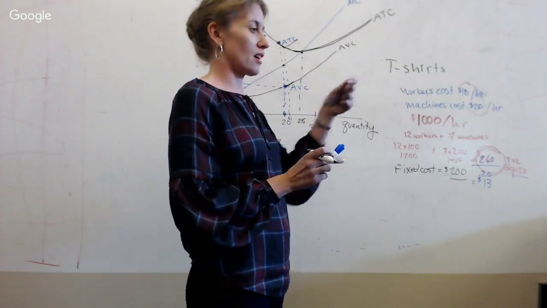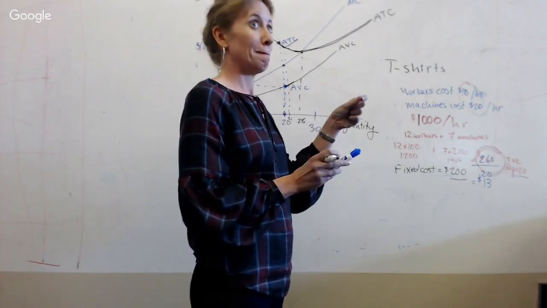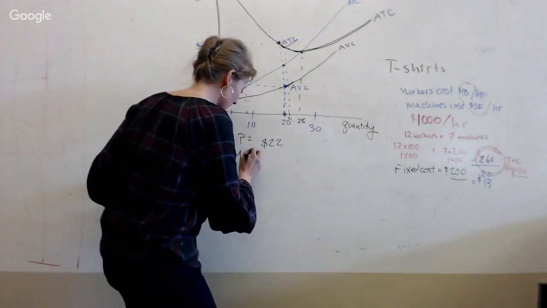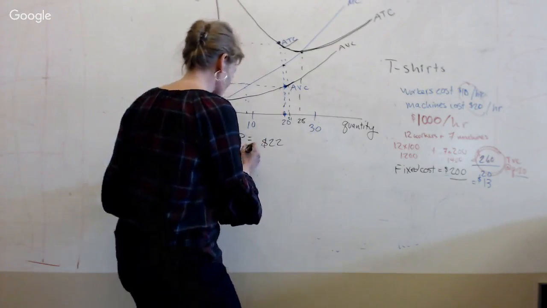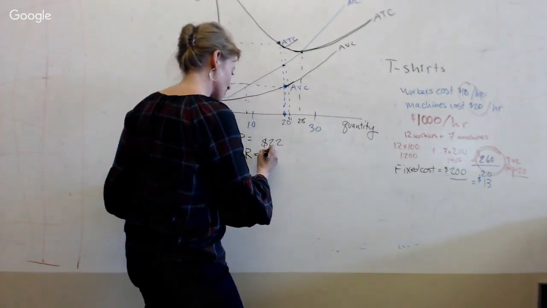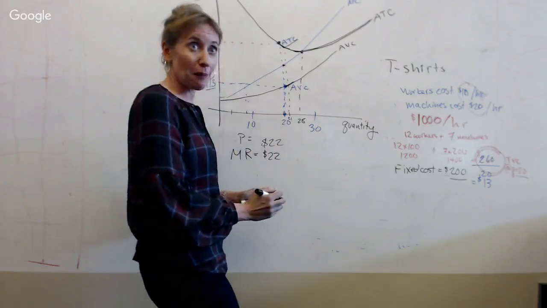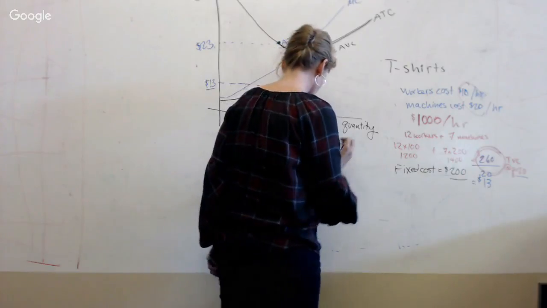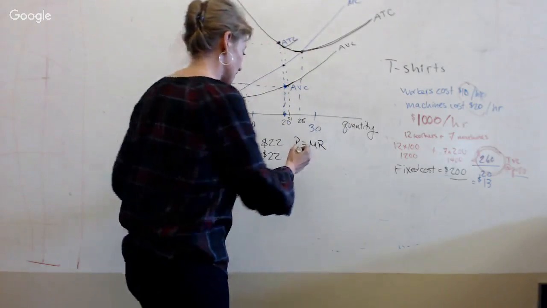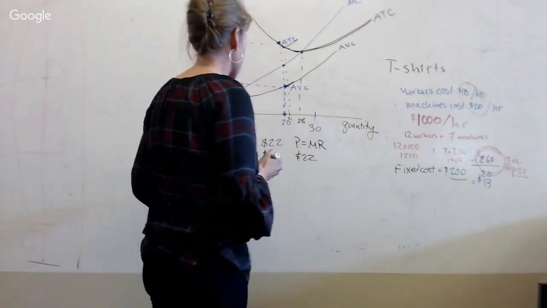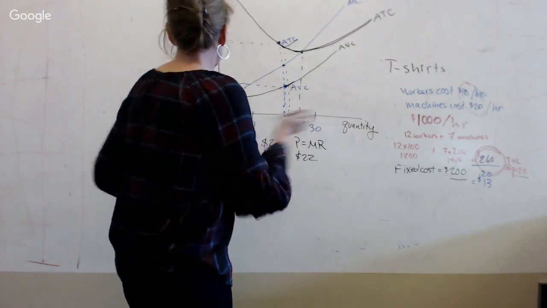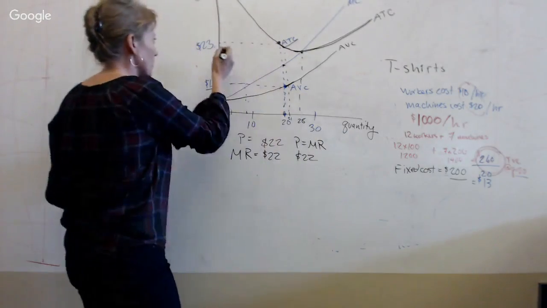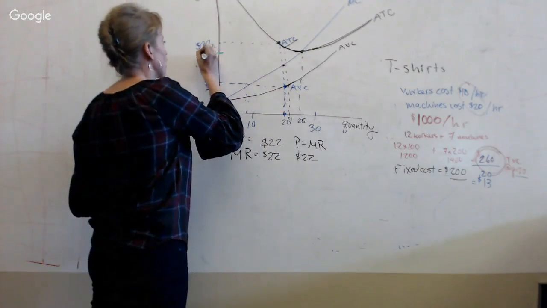So what does that sound like, Jose? Marginal revenue. Anytime we say each additional, we're thinking marginal. Marginal revenue is equal to $22. So in a perfectly competitive market, price is equal to marginal revenue. Now, let's draw in $22. Can we use green? Does green work? I think 22 will be right here.